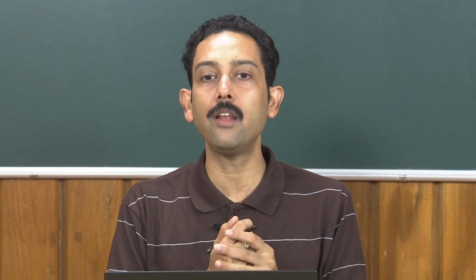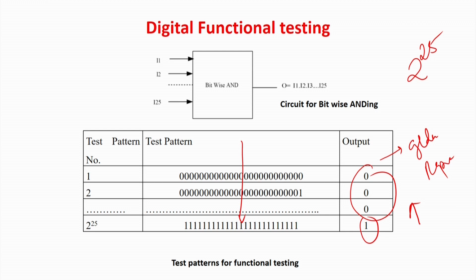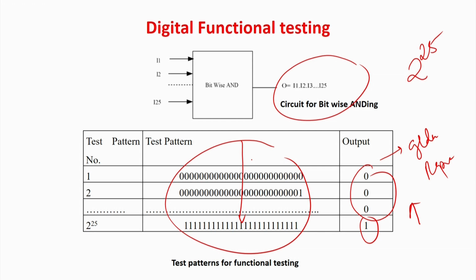So today we will be mainly restricting ourselves to the functional testing part, automatic test pattern generation for the functional test. In this case, all these patterns have to be applied and you will be able to do the test. So it is a very simple procedure. If there is a circuit of 100 inputs, you generate all possible input combinations, that will be 2 to the power n, get the golden response, and you just report that these are all my test patterns, which is nothing but all possible combinations. The golden response you have to obtain by simulation or some other method, and then give it to the tester. This is basically the idea of functional testing.